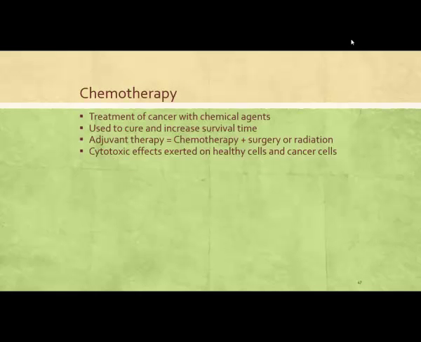Chemotherapy is a cytotoxic systemic agent that is used for cancers that have spread beyond that local area. So we've now moved beyond the primary site and we have secondary tumors. Chemotherapy is used to help cure as well as increase survival times for our patients. When we think about chemotherapy, it can be used in combination. It most likely won't be used alone, but it can be. But we do see chemotherapy, radiation, surgery. We kind of see all of them utilized together as well. So it's a very systemic approach.